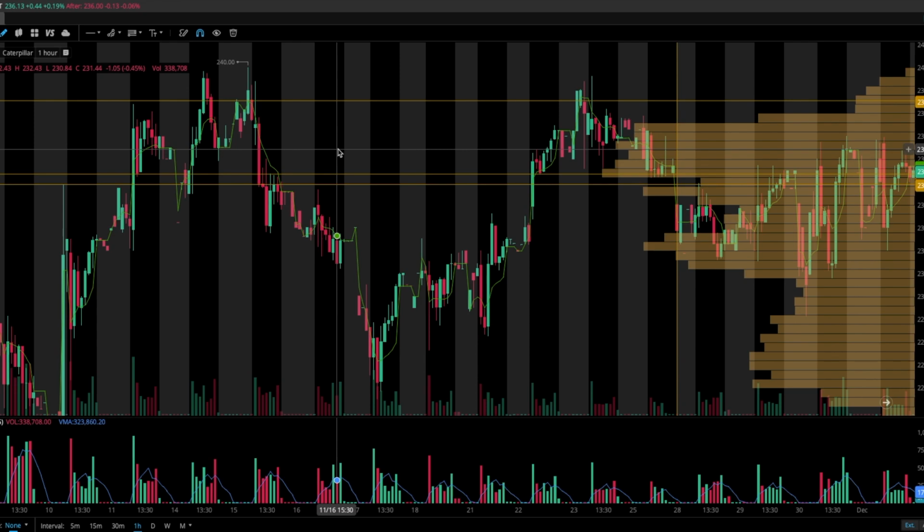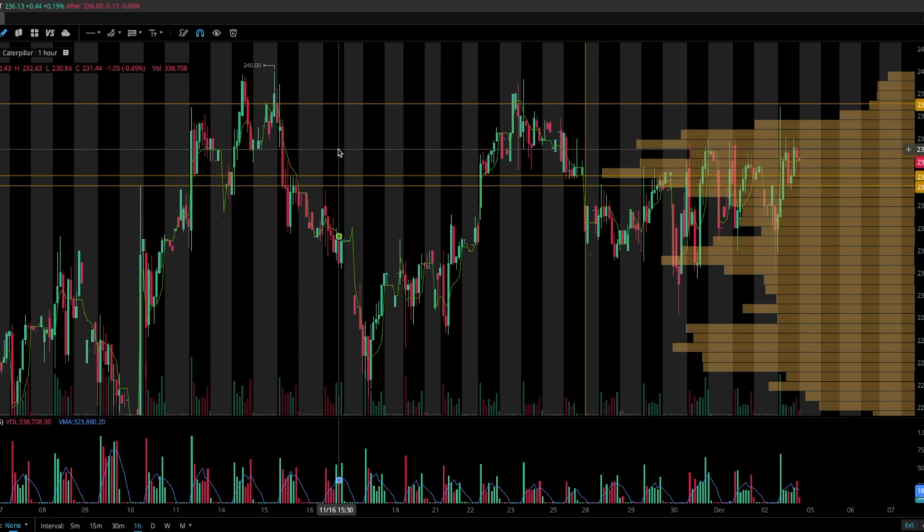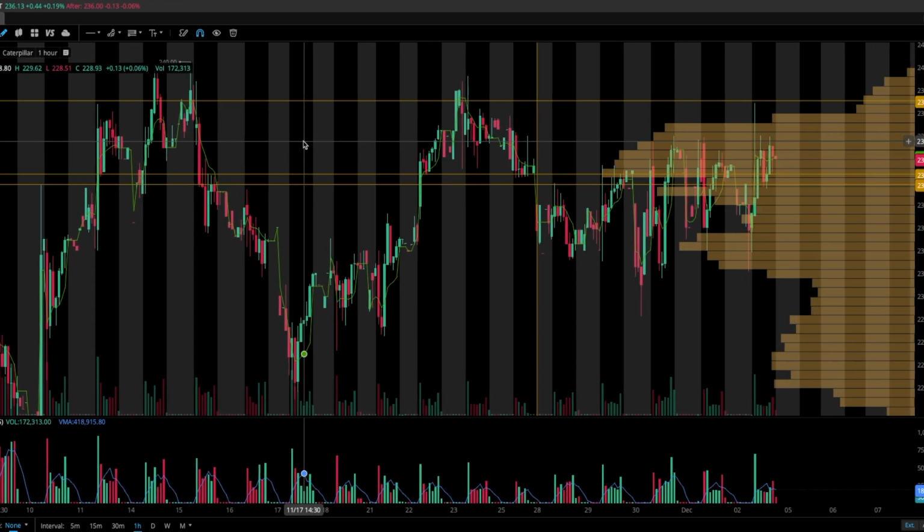And before you even go into a trade, you need a game plan. So I looked at the daily. I knew that this was weak. I wanted to play this to the downside. Now I'm moving into the hourly and the 30-minute, and I want to find a place where I want to see a retest and reject to play to the downside. I want my entry as close as possible to my risk level. So right now, I'm playing out